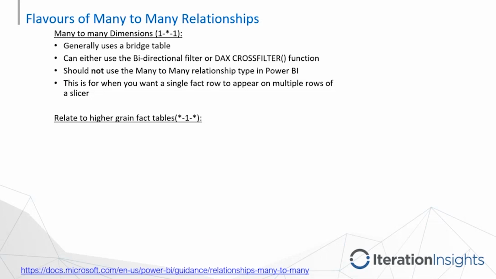The next one that we've got here is relating a fact table to a dimension that is of a higher grain. Oftentimes you'll have, say, a fact table that is not at the same granularity that you capture your dimensions at. For example, if we have a dimension that is about our products, and we've got one row per product in that dimension, but we have a budget table that is capturing one row per subcategory, which contains many products. You would use something like this because the fact table of the budget is at a higher granularity